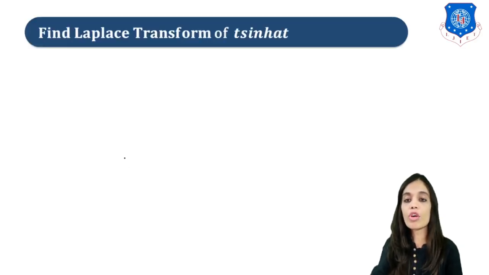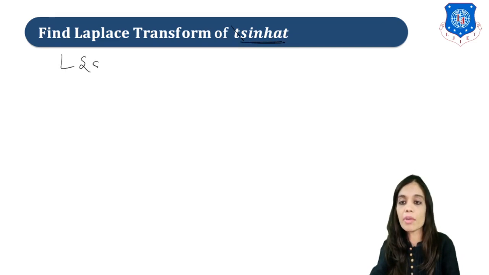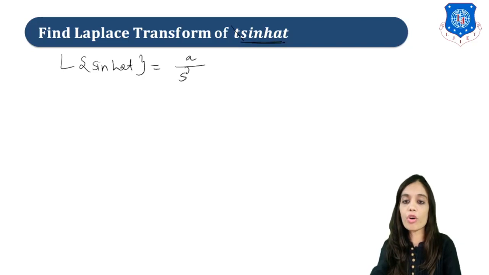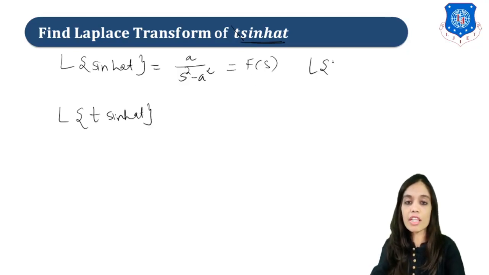So now let us move on to the examples. So here we have to find Laplace transform of t sinh at. Again, whatever is in multiplication, you have to ignore that and find the Laplace transform of the remaining function. So we have to find Laplace transform of sinh at. We know the formula, it will be a upon s square minus a square, right? Now we have to apply this t. So Laplace of, and name this as f of s firstly, t sinh at. Now the formula was Laplace of t raised to n f of t. That is what?